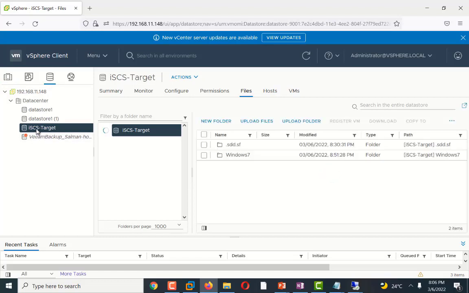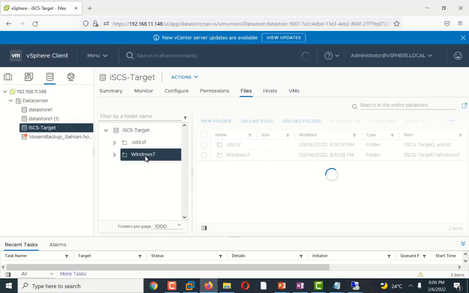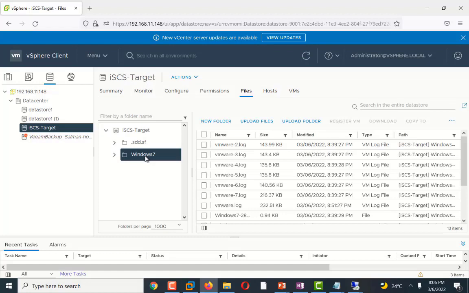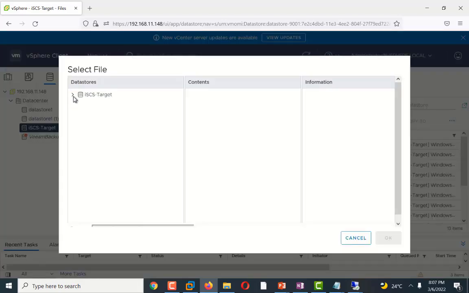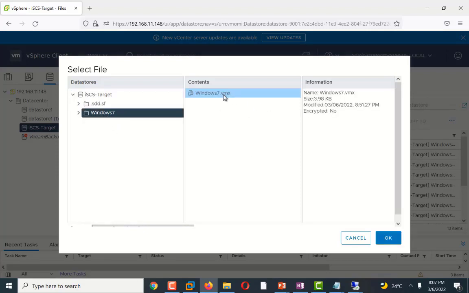So I register my VM from my data store. It will automatically scan my data store, and as you can see it scans for the VMX file, which is the main file for registration. So I click OK. Now it will ask me where I want to register this VM. I will register it to any ESXi server in my vCenter inventory.